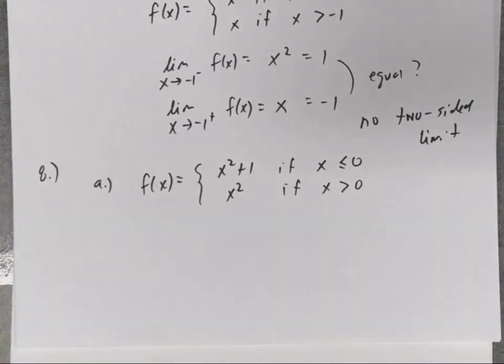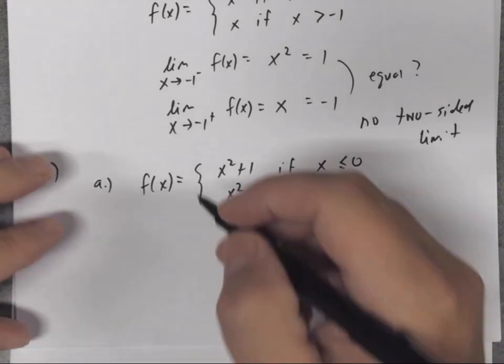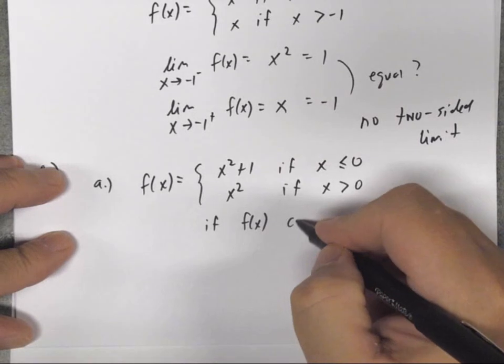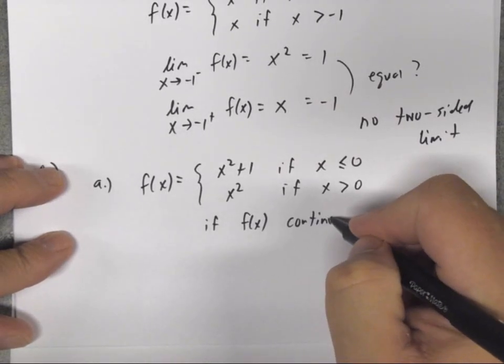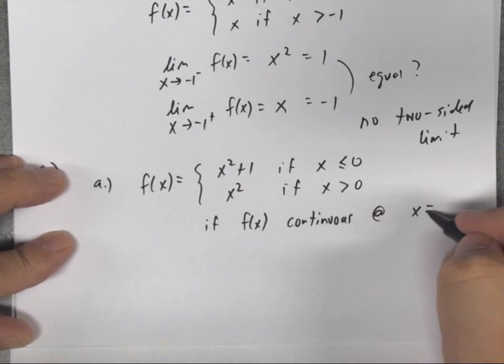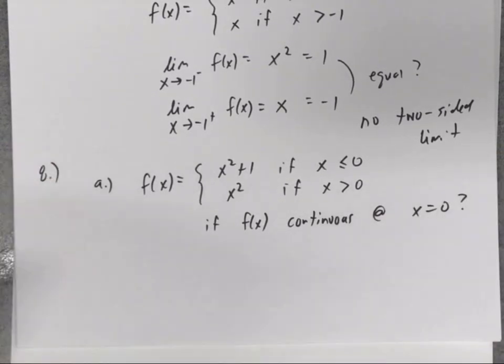So there's the piecewise function. Looks like you have some kind of transition when x is 0. And now what they want to determine is whether this function is continuous